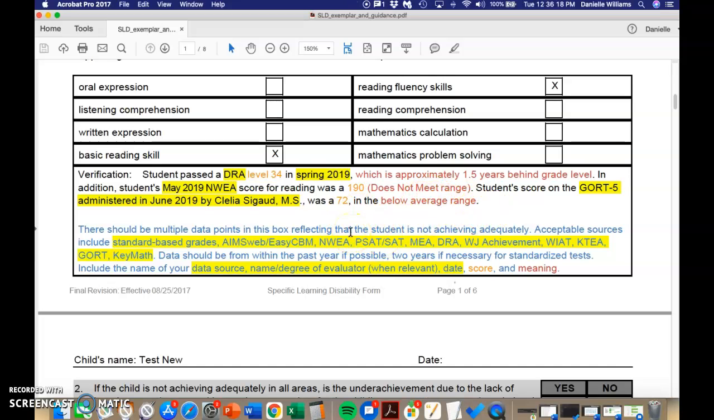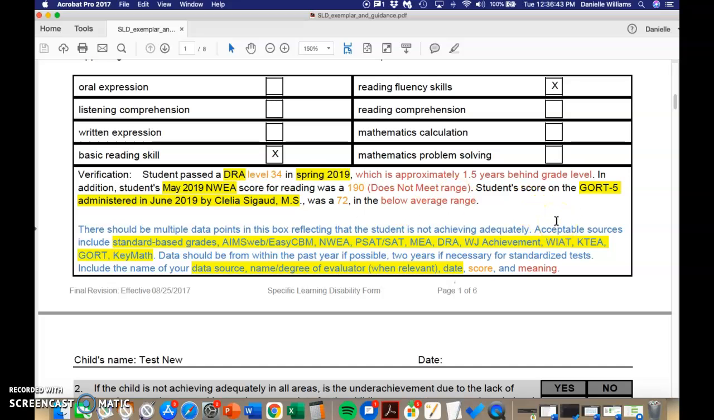As I indicated on the adverse effect form video, if you have watched that, it's important that we provide what the score means because the number by itself doesn't give context. You see up here a DRA level 34, a NUIA 190, and a GORT 5 score of 72. Those numbers are all radically different, and yet they all actually mean something similar, which is that the student isn't